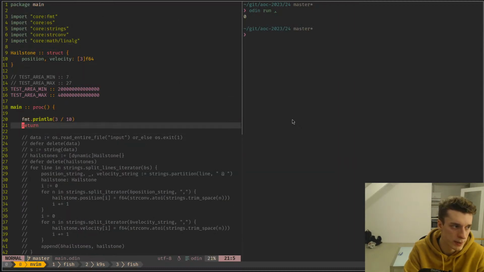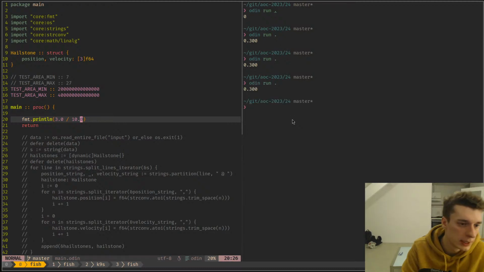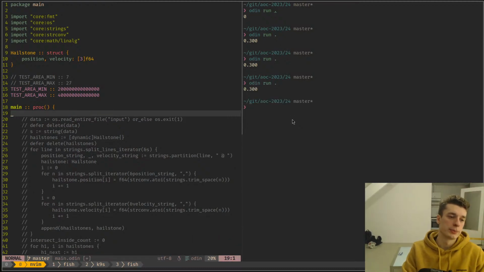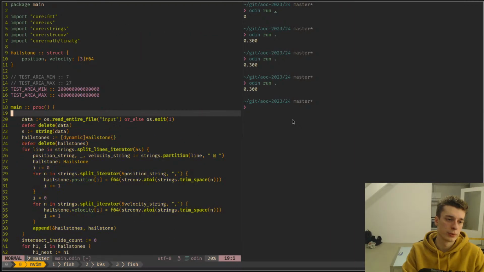0, which makes sense. How about I put one float here? So yeah, it's converted to a float. And what if there is a float on the denominator? It's promoted to a float as well. That makes sense. And if it's 2 floats, it's just 2 floats. I mean, it's just a float. Okay. Wait, let me go back to the